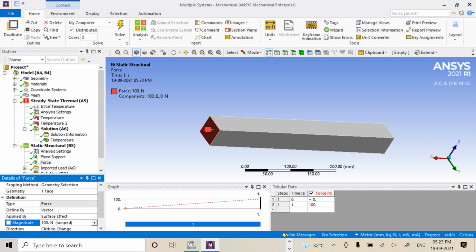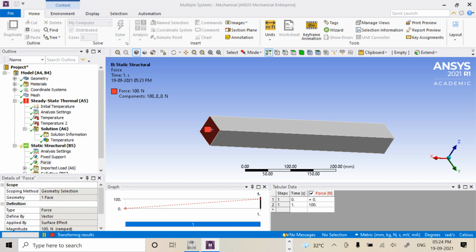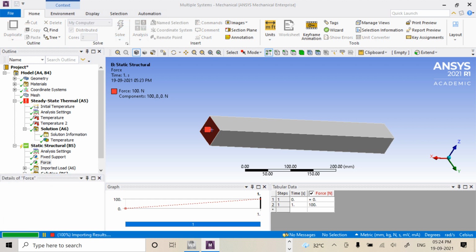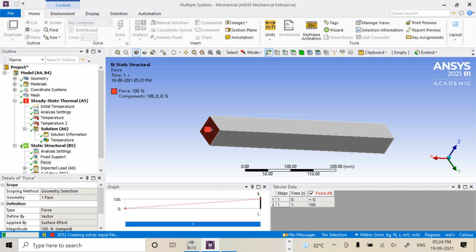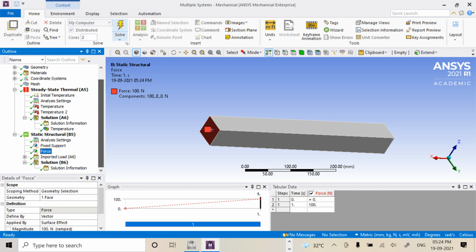If it's on the minus side, the other side of the x-axis, we have to give it a negative sign. So here we have done the force and we have done this. So next we are going to click on solve. It's solving over here. So it has been solved, but we have not defined what we want to find out.